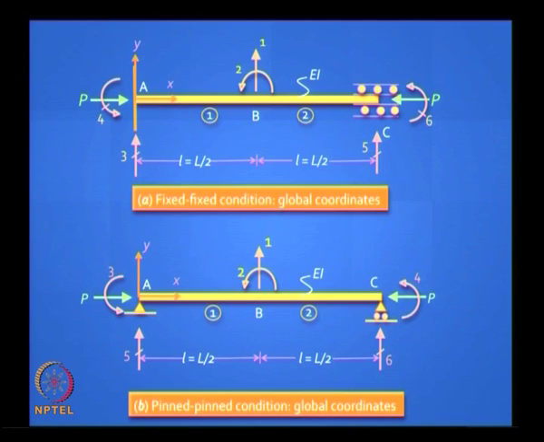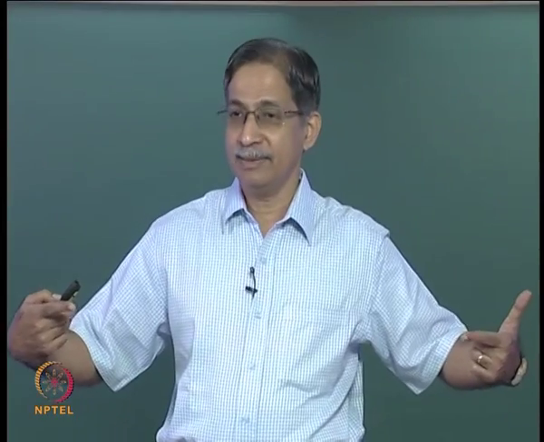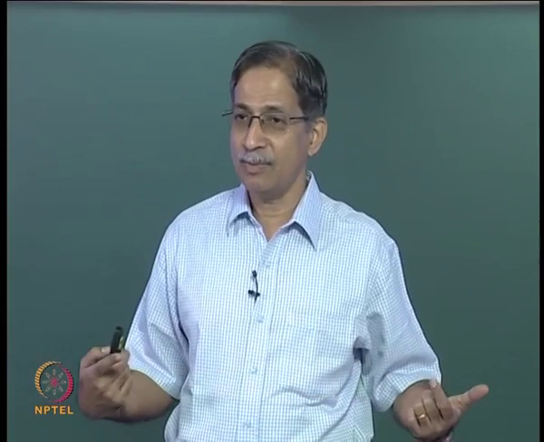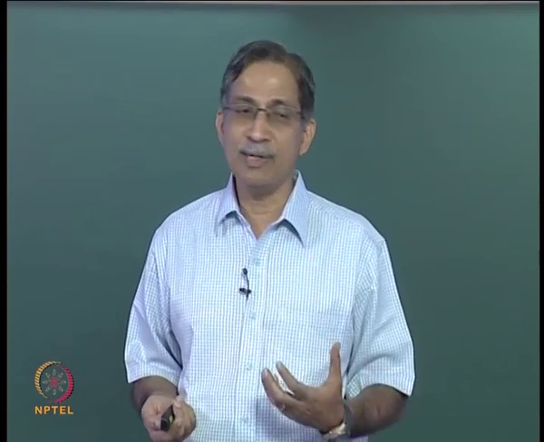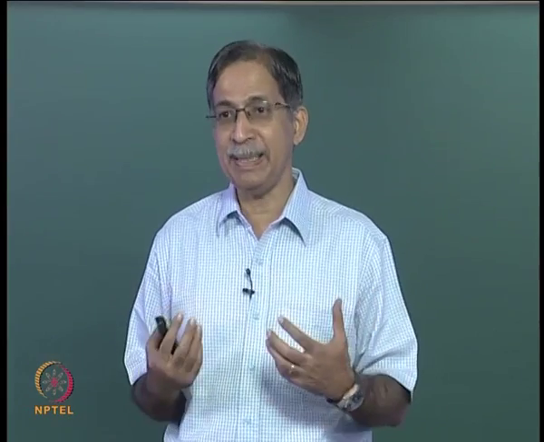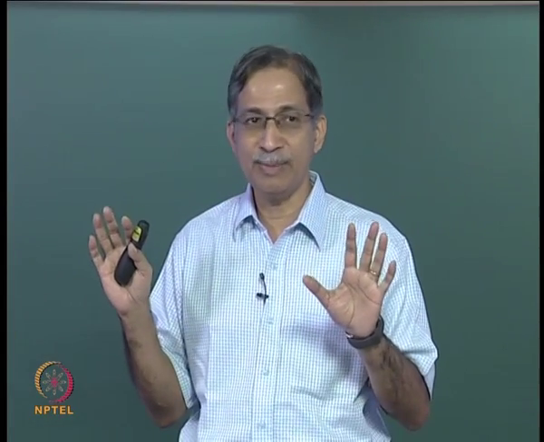What about local coordinates? Well, that is a standard beam element, except that we are having a constant axial force P, it is the same P in both of them, it is the same P because it is a single column, and we write down the stiffness matrix which has the first order component which is a standard stiffness matrix, and we put a minus P to bring in the geometric stiffness part. Is it clear? So this we know, these 2 matrices we have derived.